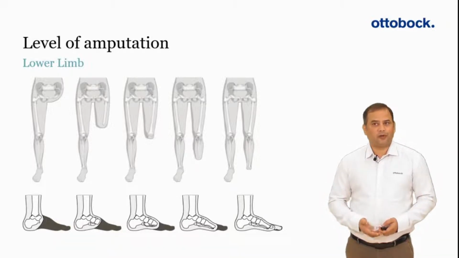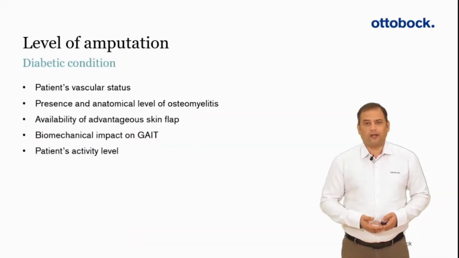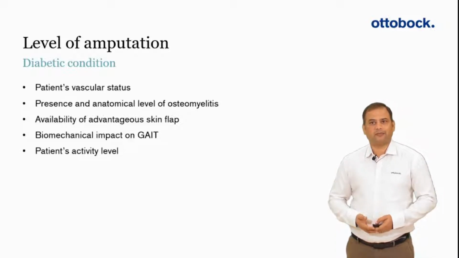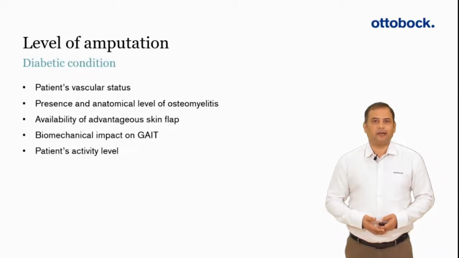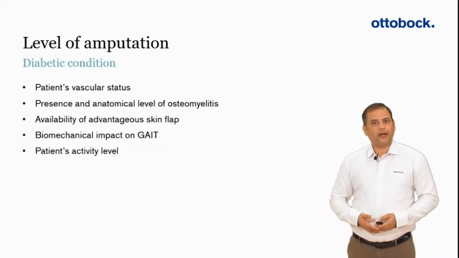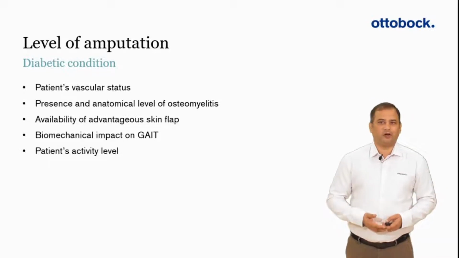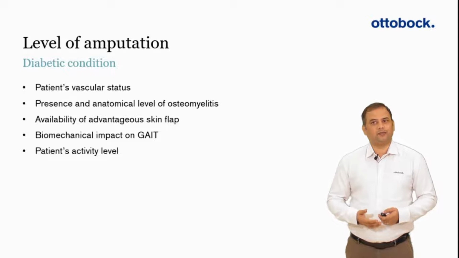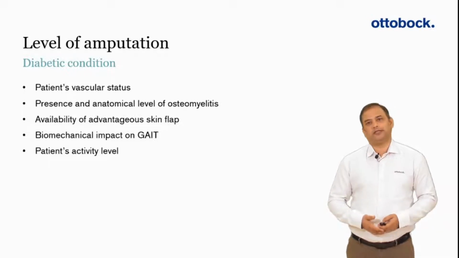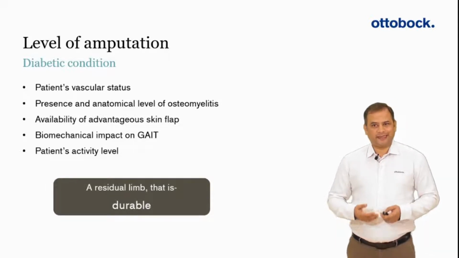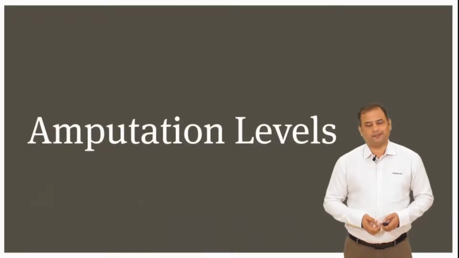Specifically here we are talking about lower limb, and the selection of these levels is well established. Our experience shows the sedentary or very senior diabetic patients may do better with limb salvage and minor amputations, whereas more active people may have better functional outcomes with early major amputation. However, this may not always be possible, as it needs willingness of the patient and the family to go through what is required. For a quality mobility life with a prosthesis, stability in the residual limb is necessary.